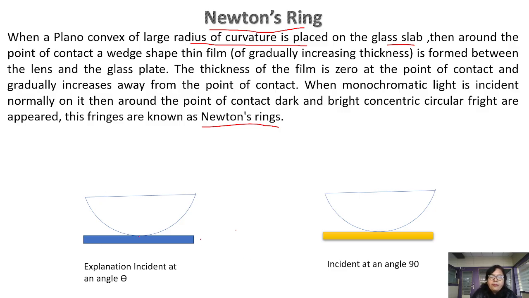Right now we are not making the monochromatic light incident normally over it. We are making it incident at some angle. After that, I can explain the normal incidence. Suppose there is a light, the blue colored light here, which is incident at some angle on the upper surface of the plano-convex lens. Now this light is transmitted into the plano-convex lens and